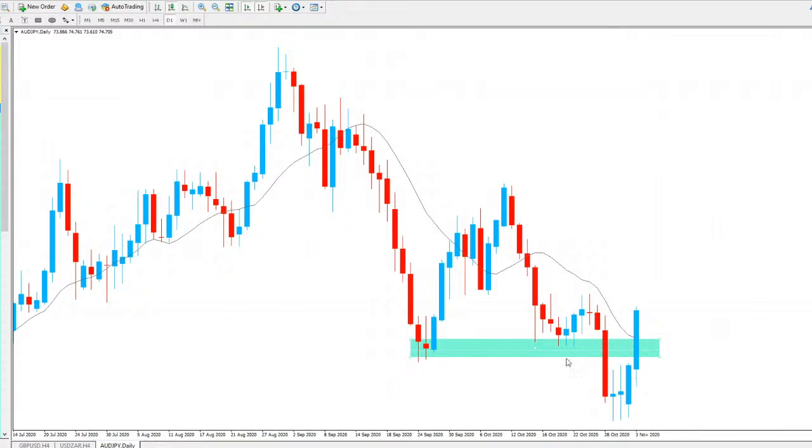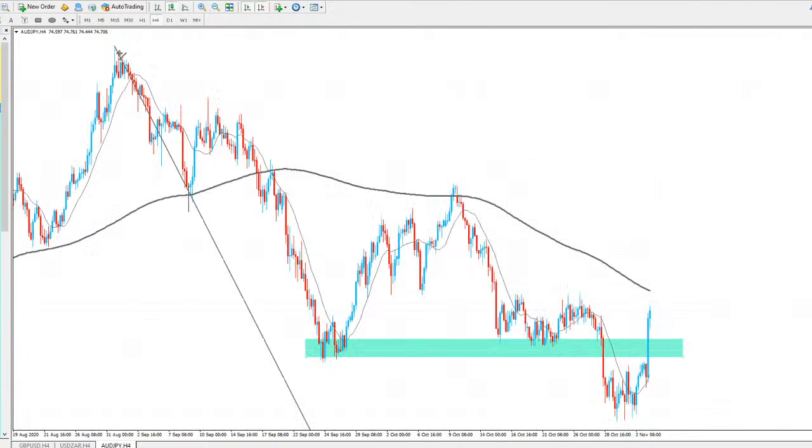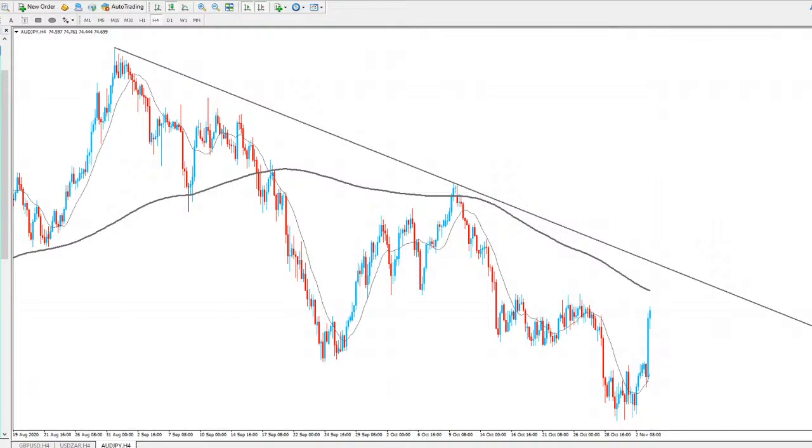So again, this could just be a false breakout. We can see AUDJPY continue to the upside. Again, we do have a trend line going through the market. We're looking at the recent highs, initial test there, second there. Again, it looks like price could be on its way to go and test the trend line up there for AUDJPY, so make sure you keep your eye out for that one.